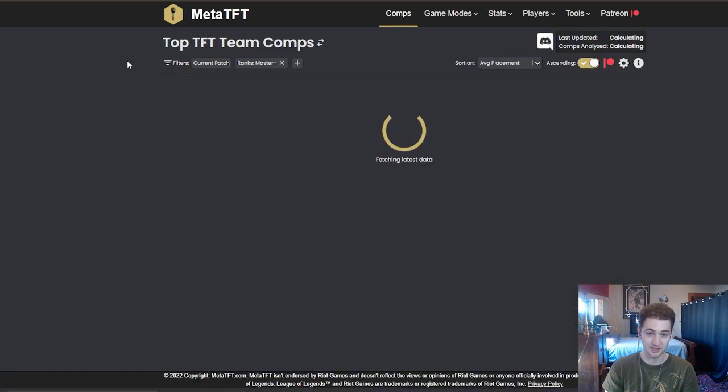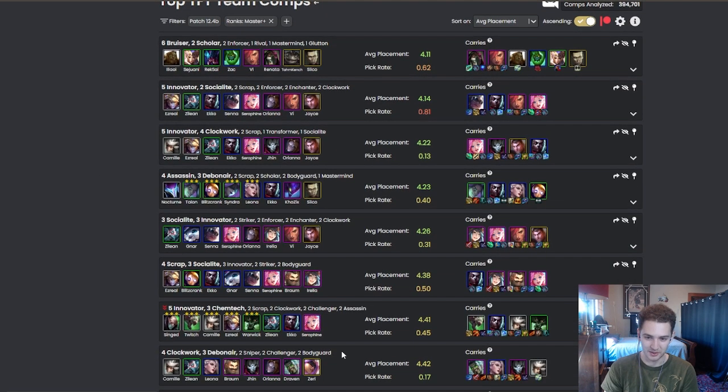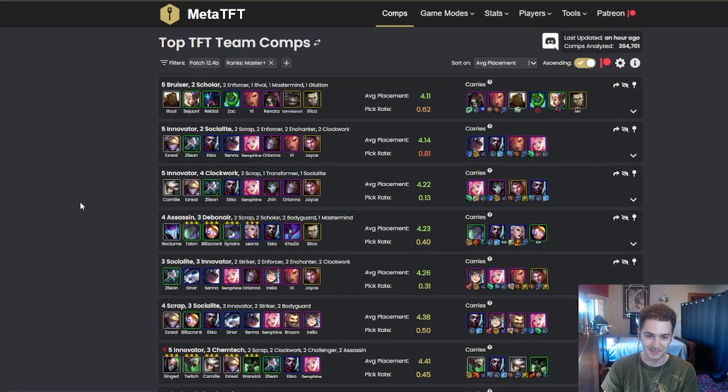If you go to Meta TFT and look at the strongest comp, I'm sorting by master tier, it's Renata and it's Innovators, and then you have another Innovator comp, and then you have Innovators Twitch reroll. Innovators are dominating the meta right now, and there's some nerfs to Innovators in the patch, I'm pretty sure,